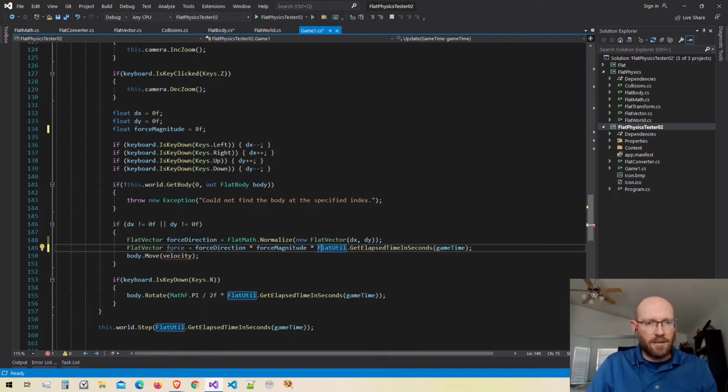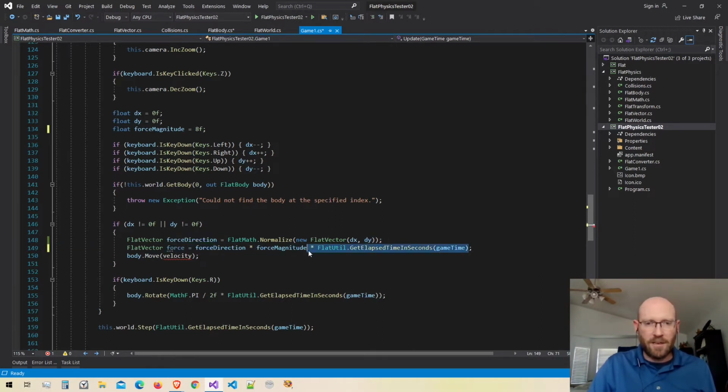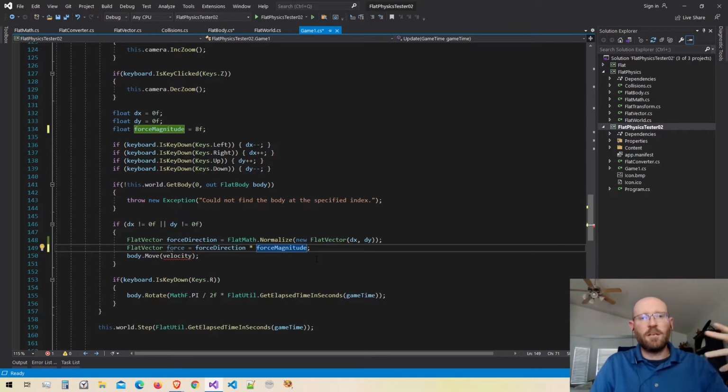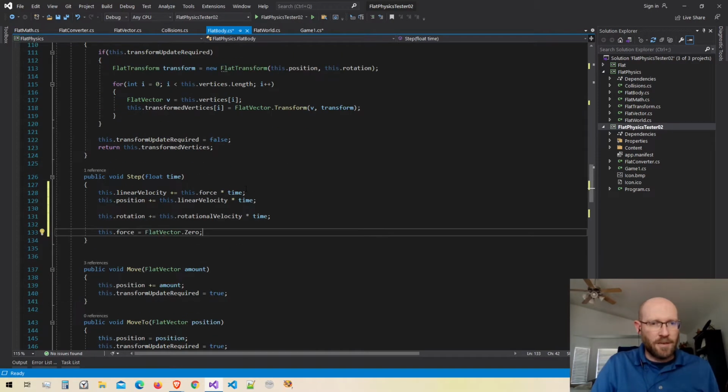So if you look right here, I'm calculating the force by getting the direction, the magnitude, and then I'm multiplying it by the amount of elapsed seconds. And I don't want this to be in seconds right now. Okay, so I'm going to take that out because we're going to adjust it to be on a per second basis once we get back into the body class. And that's why in the body class right here, I took the force and I multiplied it by the time